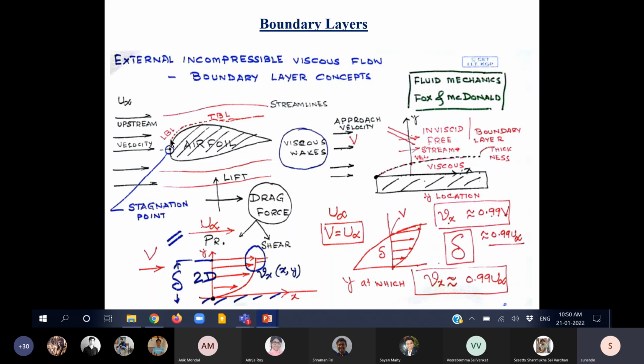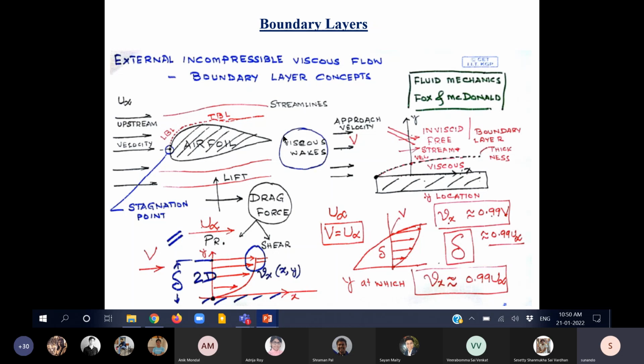And then the laminar boundary layer will start to develop all along the airfoil. Beyond a certain distance, the perturbations are going to be prominent in the boundary layer. There's going to be some sort of disturbances which you could see, and the turbulent boundary layer will form. So initially the boundary layer is going to be laminar, then it's going to be turbulent, and a point would come where the turbulent boundary layer can leave the surface and form recirculatory patterns which are commonly known as the viscous wakes. So viscous wakes, as I have mentioned, are low pressure